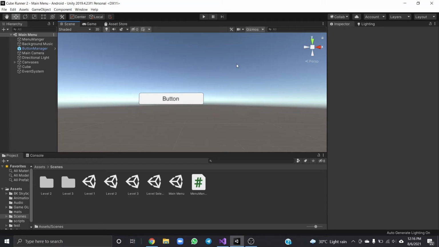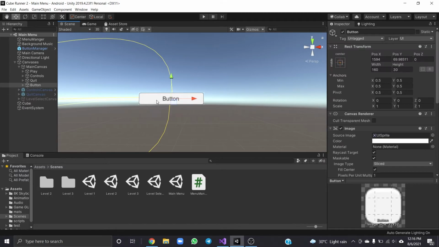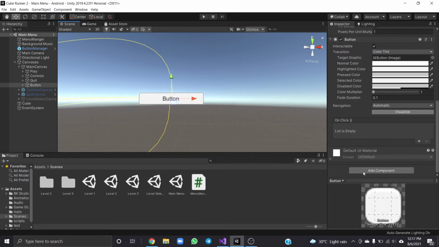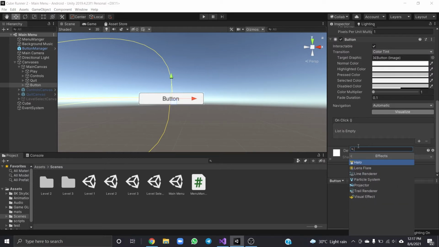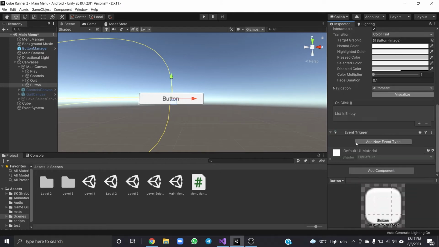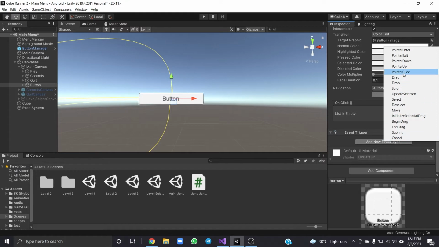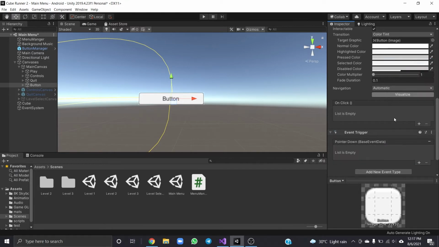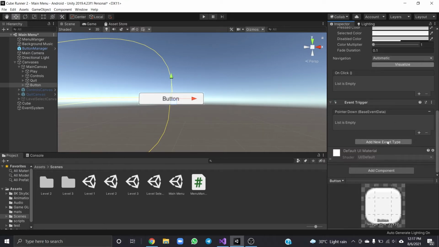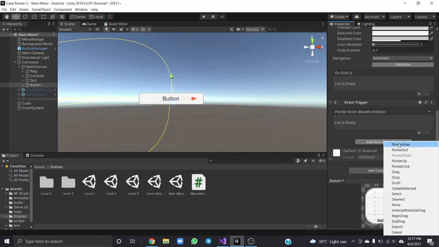So in this video we'll be talking about how you can add the OnMouseDown function onto a button. First you select your button and add the component Event Trigger. Then click on add new event type and choose pointerDown, and again add another one, and this time add pointerUp,